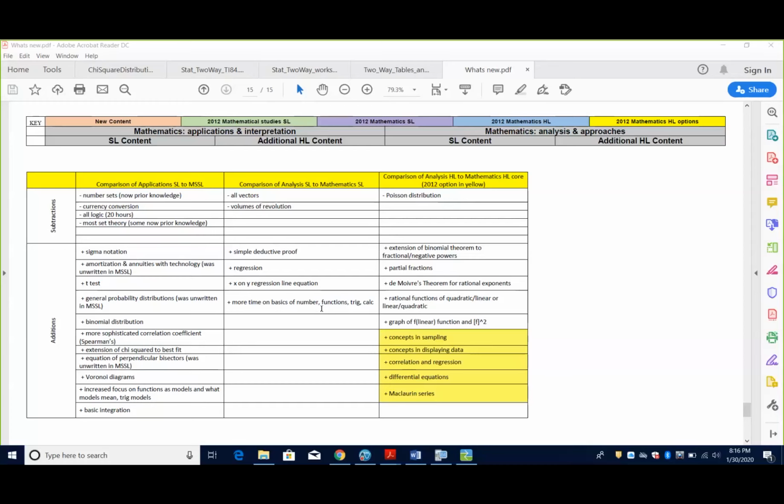But the additions, you'll notice that going from the studies class to the applications, there have been some additions for this probability and stats section, including sigma notation, including probability distributions, t-tests, binomial distributions. So there actually has been a lot added, and this is what has made some people nervous going from the